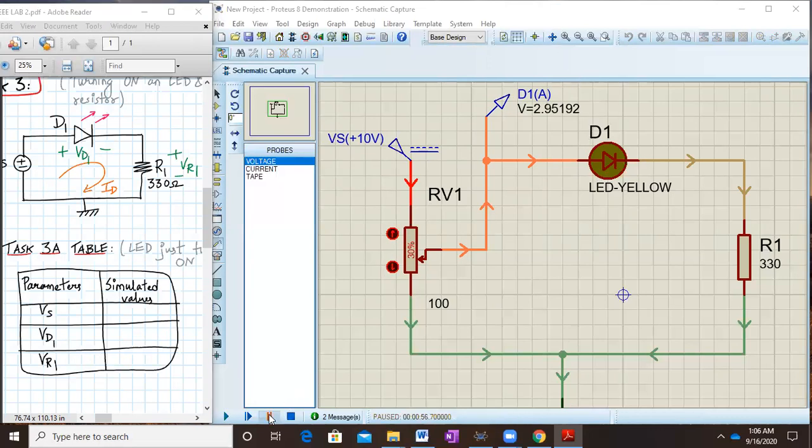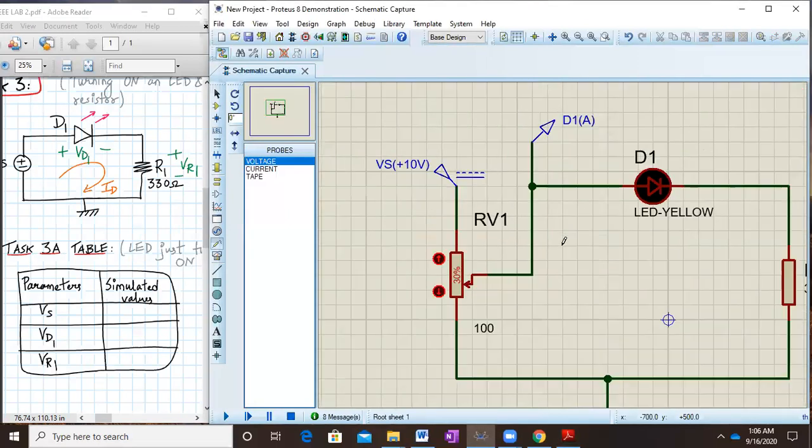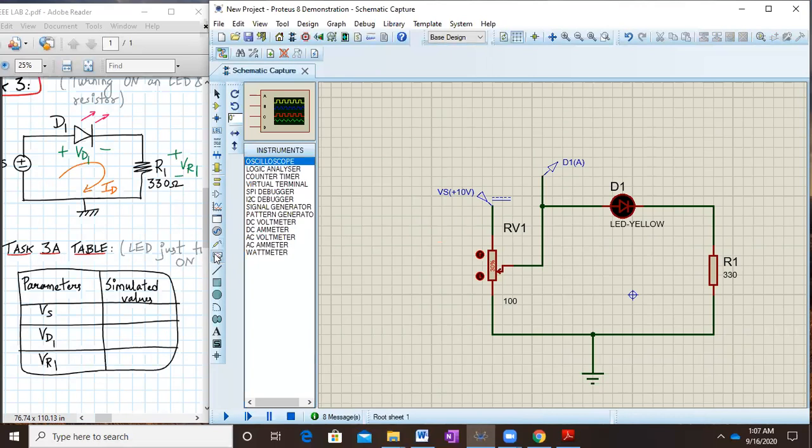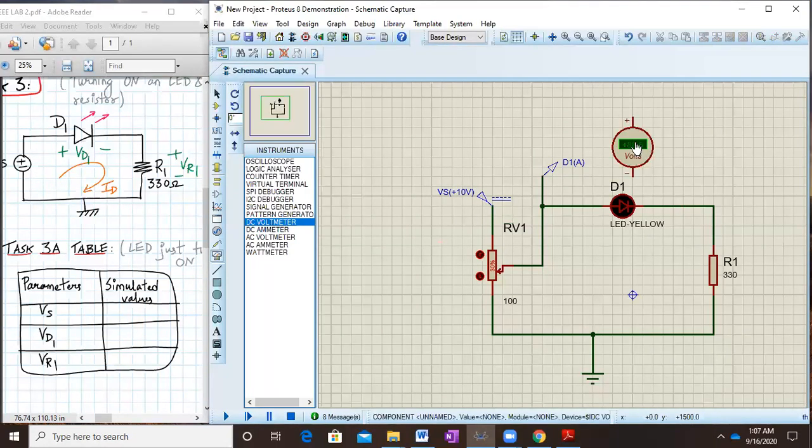Now let me stop the simulation and attach a DC voltmeter basically. For the DC voltmeter, you go to instruments, and from here you can select a DC voltmeter and connect it over here like this, and one more you can add like this.